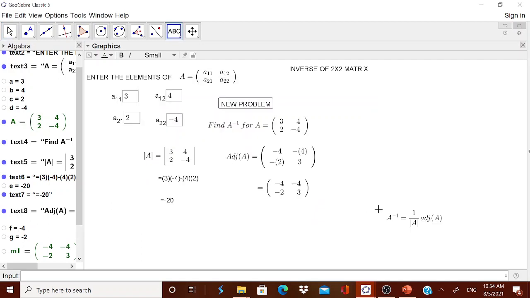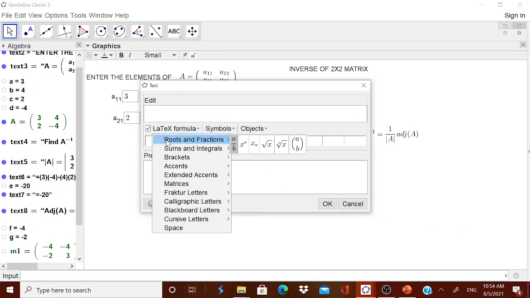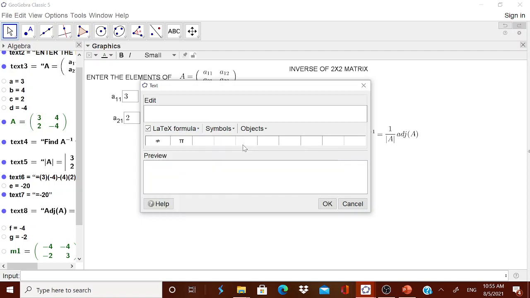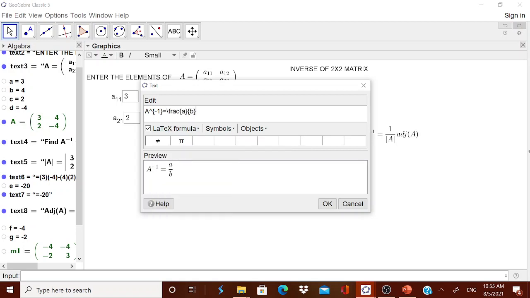Anyway, I think you can give the formula in the beginning or you can put it over here. Now once again go to the text, then go to the latex formula. Now the final answer I am going to give directly. A inverse you want, therefore here A inverse, capital A, and inside I will convert it into minus 1 is equal to, now I know what my determinant value is, it is 1 upon what is that, E, or E minus 20. Therefore from the object you go for E.